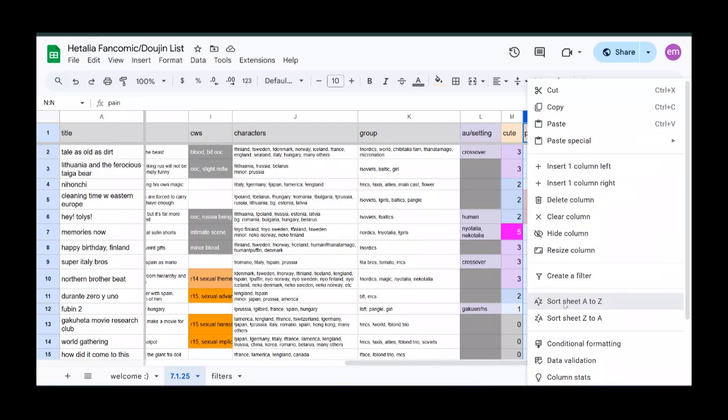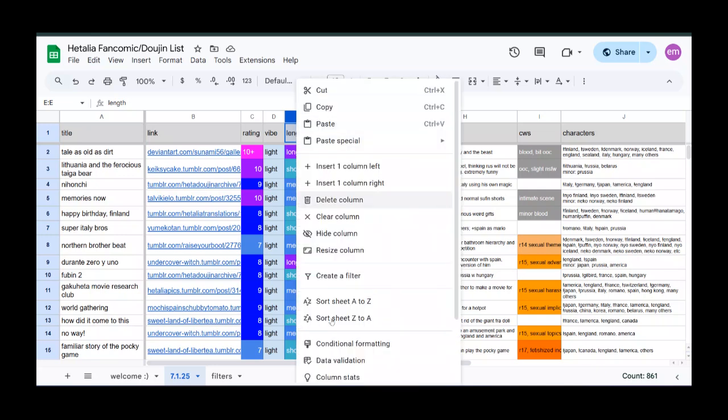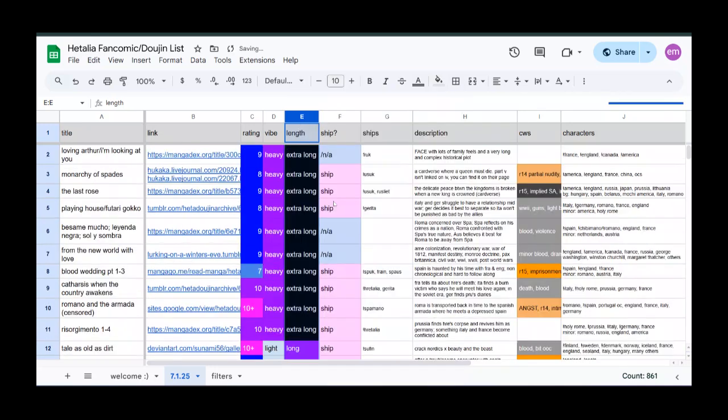And then you can more easily avoid that stuff. Then here is how long or short something is. Some of these are just like 1, 2, 3, or 4 pages, so maybe if you want to avoid those and read things that are actually stories, you can sort it by length. A to Z would put the longest ones at the top, or if you have a short amount of time so you just want to read the short ones, you can sort it Z to A and get the very